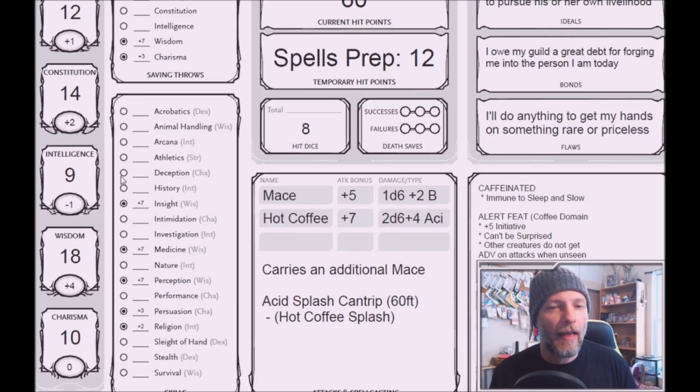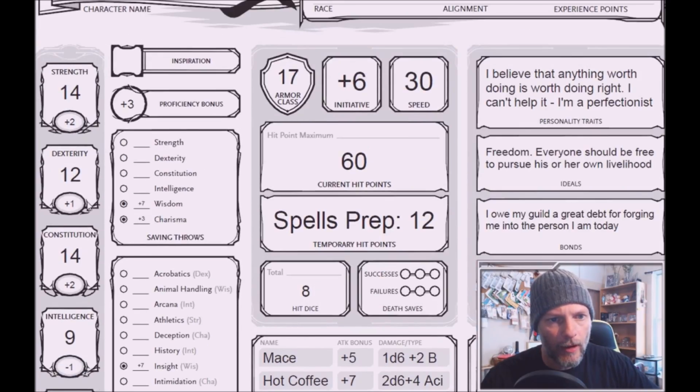So in a role-playing situation, having intelligence and charisma right in the middle like that, I can use that to have before coffee and after coffee. And then, of course, wisdom will eventually be an 18, which is her prime requisite for being a cleric. She's sitting at an armor class of 17, 60 hit points, and her background stuff, personality traits,